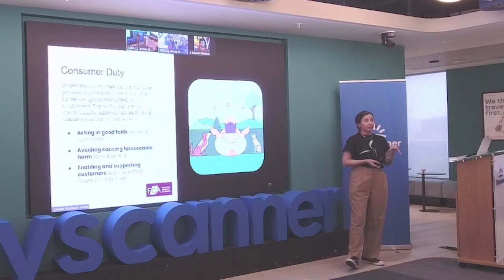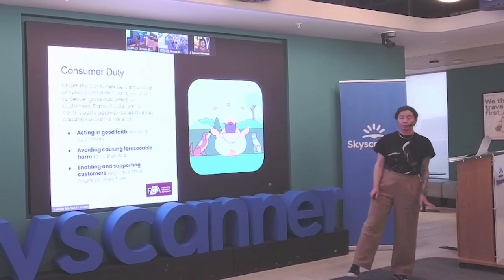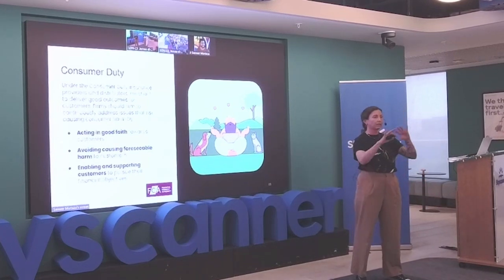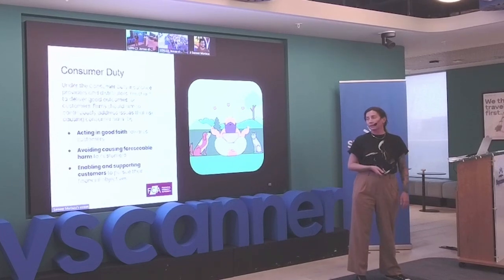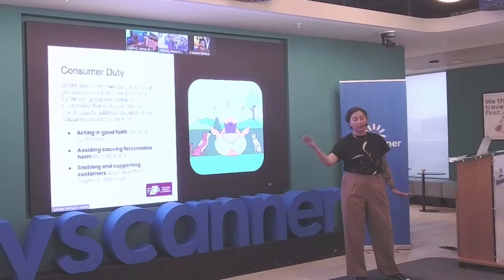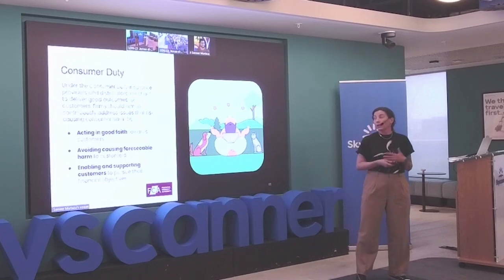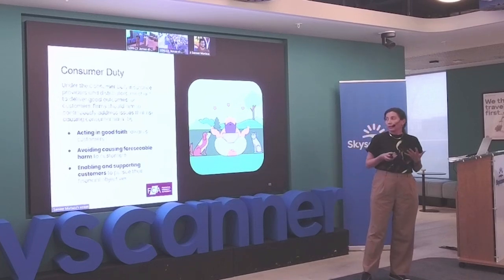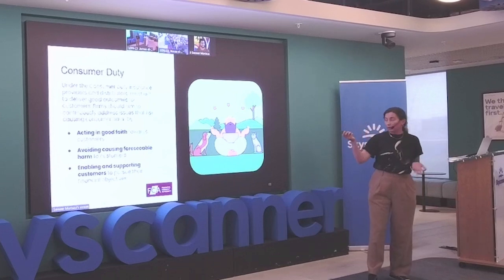And for those of you that work in the finance and insurance sector, you're very familiar with consumer duty. This is the umbrella term for the regulation, which was recently introduced, and it is what guides the industry at a very high level. There's more detail to it. There are a lot of outcomes that the regulators are looking for us to deliver. But bottom line, and I promise you this is the only slide I'm going to read for you, they're looking that